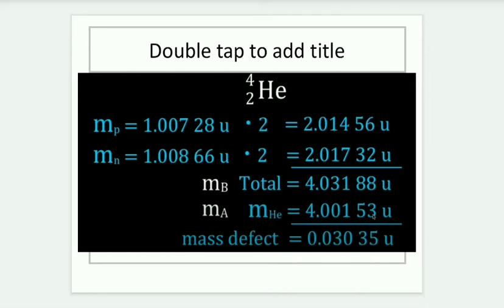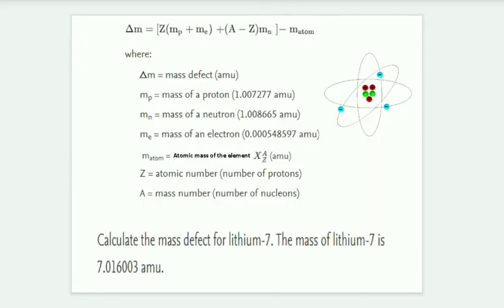And we have an equation to calculate this mass defect, that is delta M is equal to Z, which is the atomic number, into Mp. Mp is the mass of a single proton, plus Me, the mass of an electron, plus A minus Z, which gives the number of neutrons inside the nucleus, and Mn is the mass of a single neutron, minus M atom. It is the atomic mass of that element. So this will give the delta M value, or the mass defect.